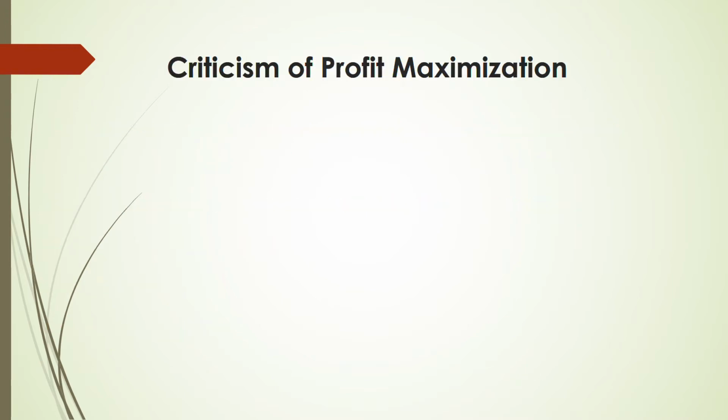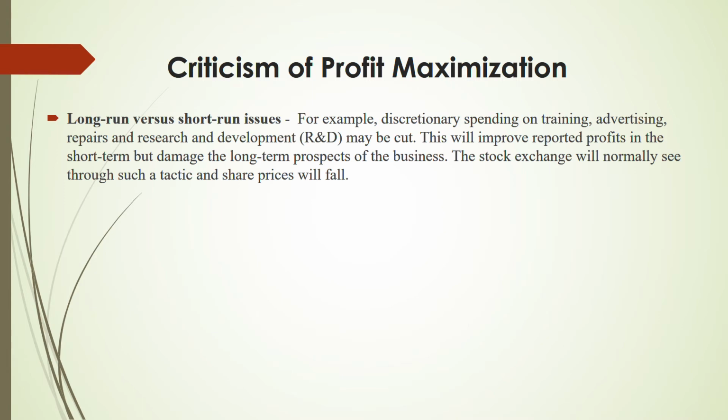Next, we have the criticisms of profit maximization. There are three main criticisms of profit maximization. That means why someone should not hold profit maximization as an objective, because there could be three problems. Number one is long-term versus short-term issues. What happens,